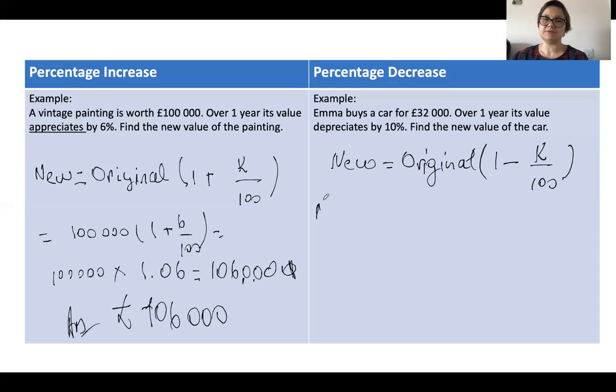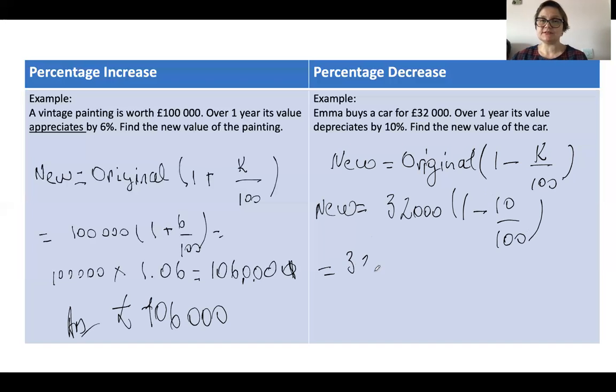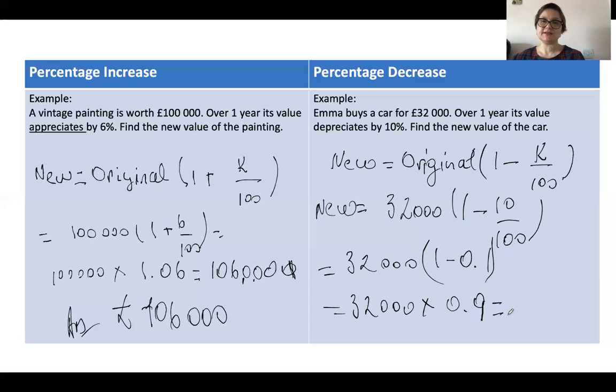Let's substitute: the original is 32,000 pounds, so 32,000 in brackets 1 minus 10%. 10 over 100, so 1 minus 0.1 in brackets. 1 minus 0.1 is 0.9, so 32,000 times 0.9 equals